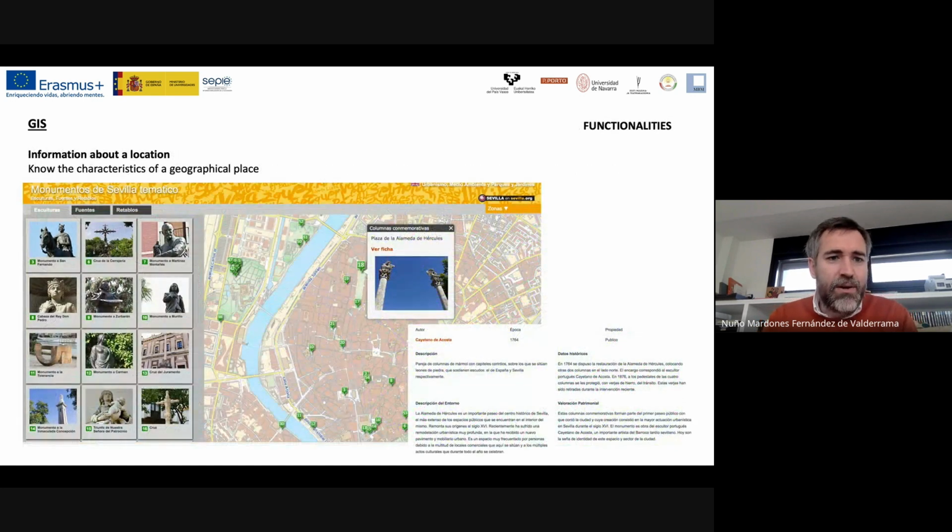Okay, now I'm going to explain the main functionalities of these GIS systems. I'm going to go faster because I don't have much time. The most important functionality, the first one, is the information about a location. So this is a map of Sevilla. You have a lot of points, and when you pick one of these points, you obtain the information, the